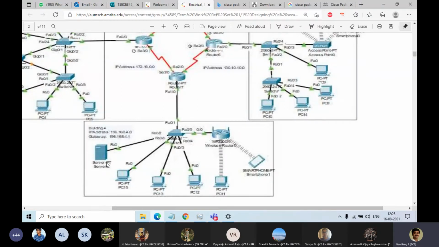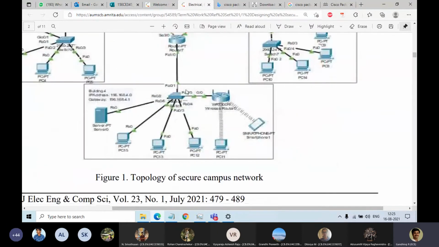What data rate you want to configure with this, what the configuration of this one is, that also you can decide. Is it 1 Gbps or 10 Gbps type? Everything can be configured by everyone. There is a property window for each and every one. Then it's wired connectivity. After that, there is a wireless switch, called a wireless Wi-Fi switch. That also we can configure.